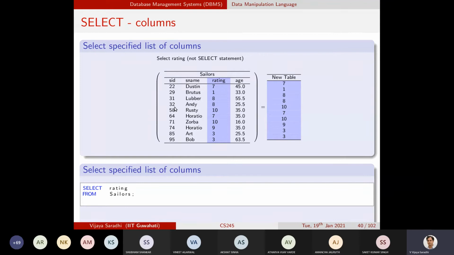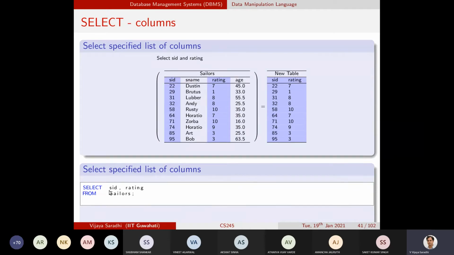Now, you might say that there are no constraints on the ratings, so that's why this is not happening. Right? So if you just say select SID, and ratings, all of them will be populated. So you are not even bothered about what the constraints are.